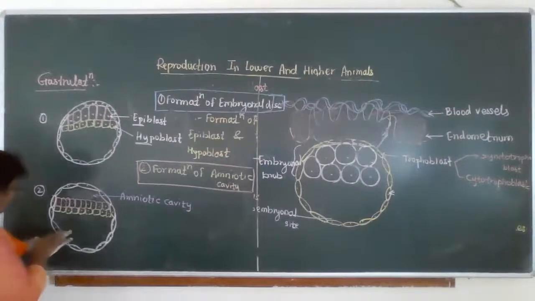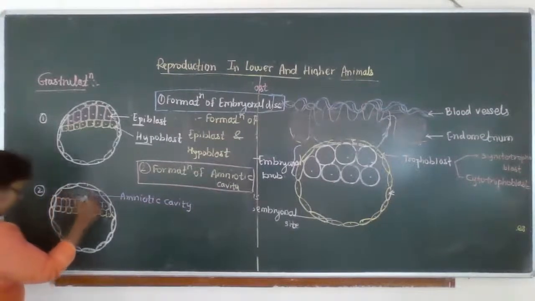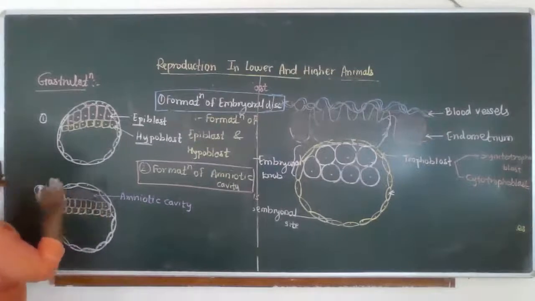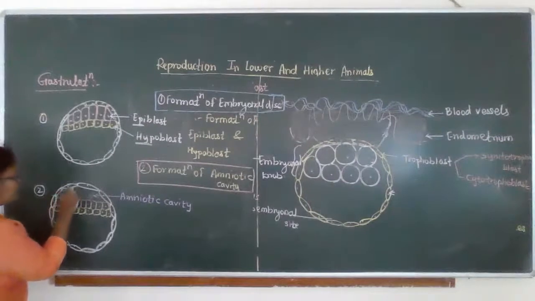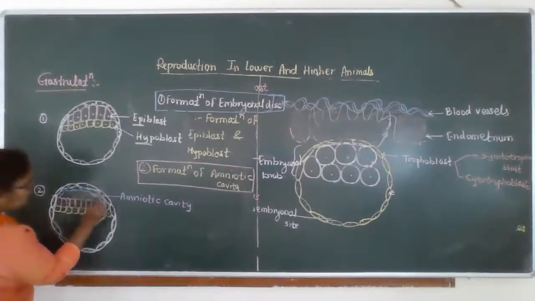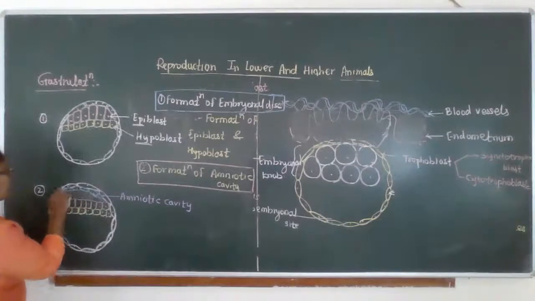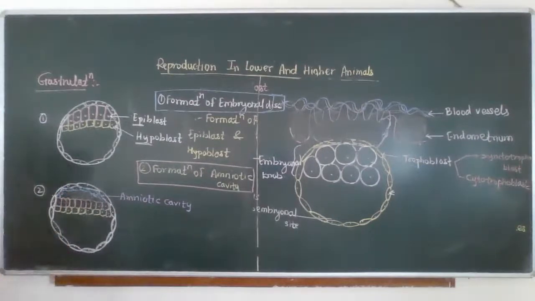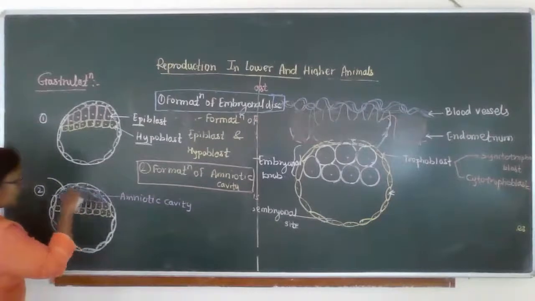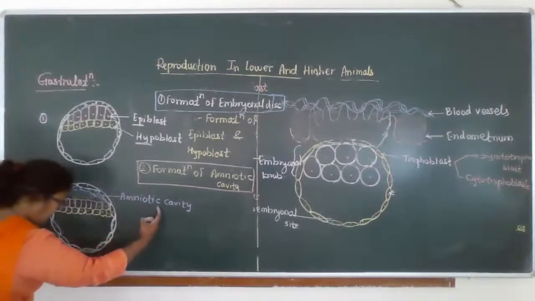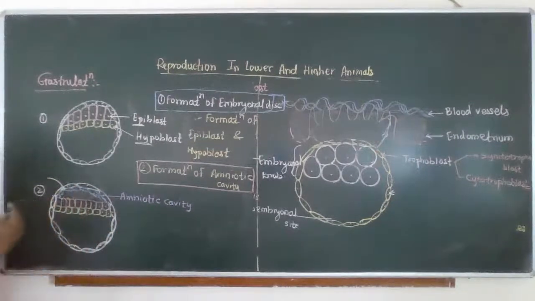Now these trophoblastic cells, which are present at this knob side, the embryonal knob side, start dividing. They are forming another type of cells, and these cells are called amniogenic cells. Now, समझ में आया क्या हुआ? The trophoblastic cells which are forming the roof of the amniotic cavity are dividing, and these dividing cells are forming another type of cell called